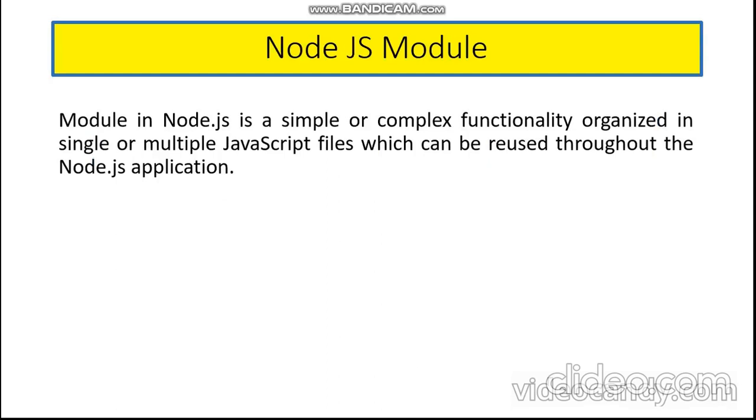JavaScript files which can be reused throughout the Node.js application. Simply explaining, a simple functionality in Node.js typically refers to a piece of code that performs some specific task or operation with minimal complexity, like calculating the square of a given number or some mathematical operation, etc. But when we're talking about complex functionality, it refers to a piece of code that performs more complex